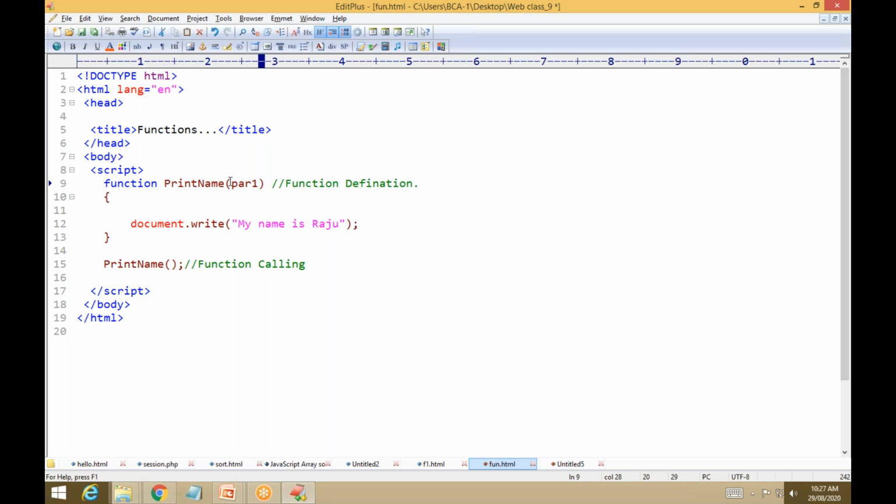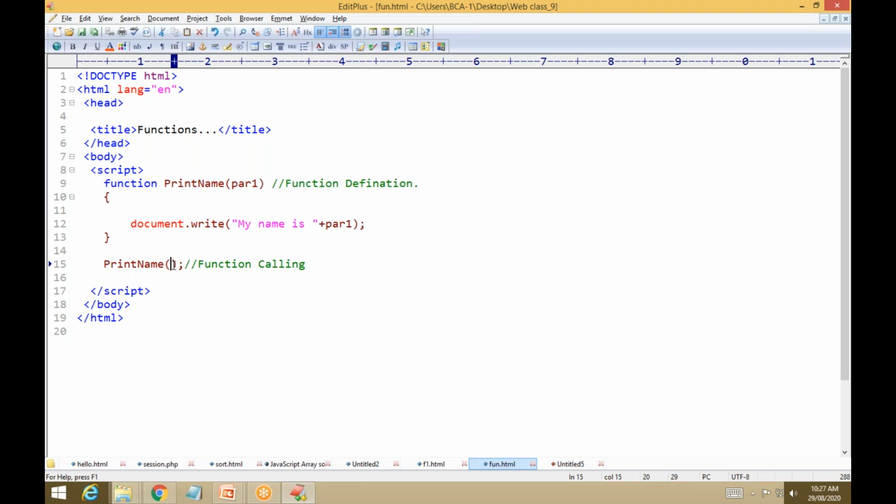Suppose I want to print this par 1. Where do you have to print? Just here, after my name is. Delete this one, then write plus. If you want to print the values, you write plus. Here I want to print par 1, but I didn't pass any value.